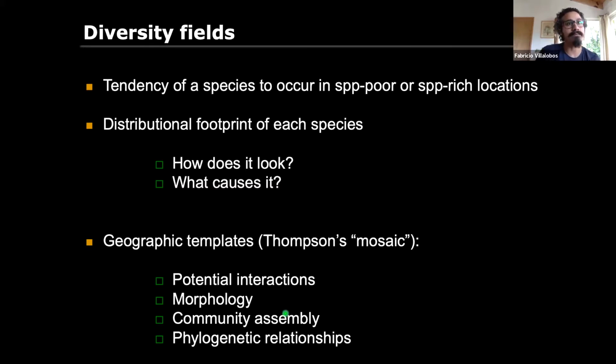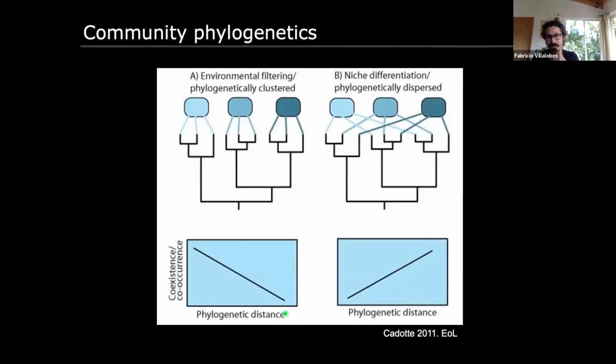Right? So, including that phylogenetic information, there's a subfield of ecology which is called the community phylogenetics approach, which uses phylogenetic information to understand the assembly of communities. And we have 2 main alternative patterns. One is the negative relationship between phylogenetic distance and co-occurrence, which says that species closely related in the phylogeny inherit traits and can be in the same communities, and that's a phylogenetic clustering pattern. And the alternative is a positive relationship of co-occurrence with phylogenetic distance, and that's the phylogenetic overdispersed pattern, where you have species from different lineages.